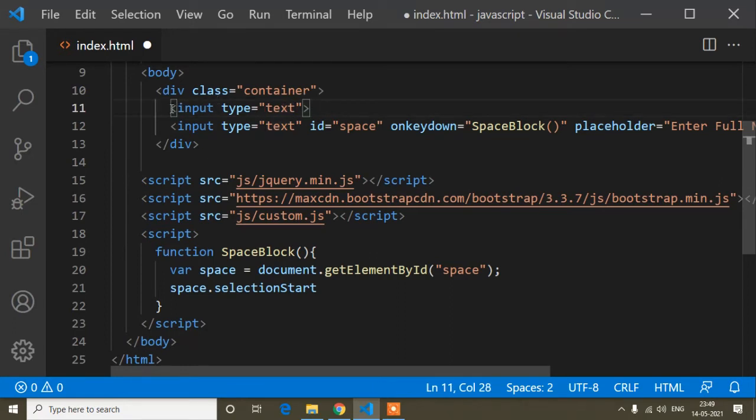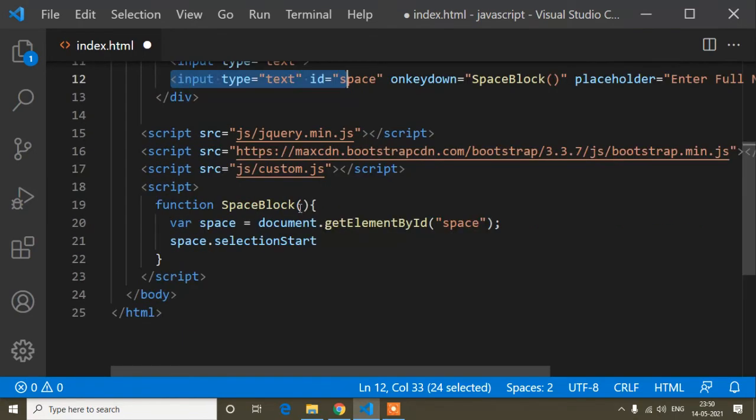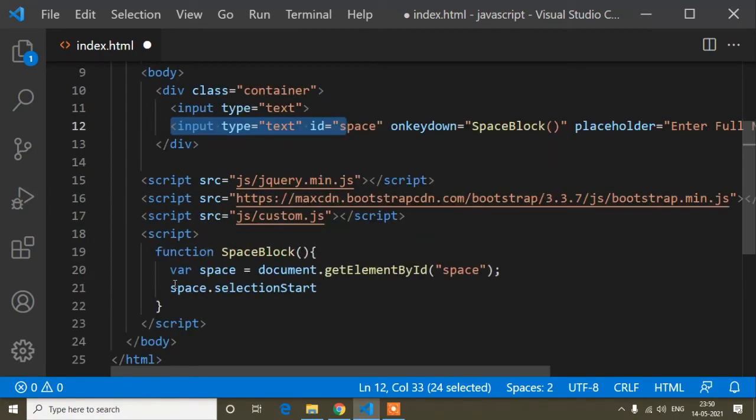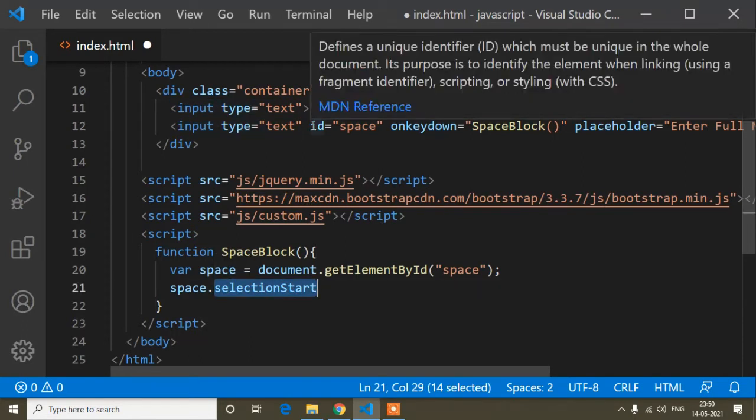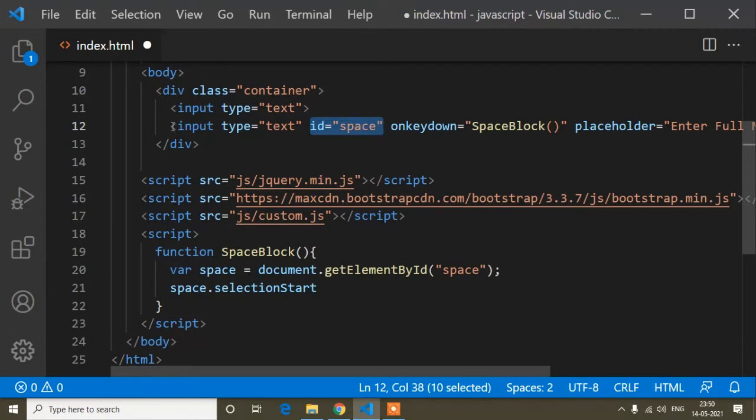And the scenario is, suppose here I can add space as the first character, but in this input field I cannot add. Now if you write input dot selectionStart, then the selectionStart would be applied on this input field also, because this is an input and this is an input. So both input fields would have selectionStart applied. That's why I have added the separate ID, because I want to apply selectionStart only on this input field.